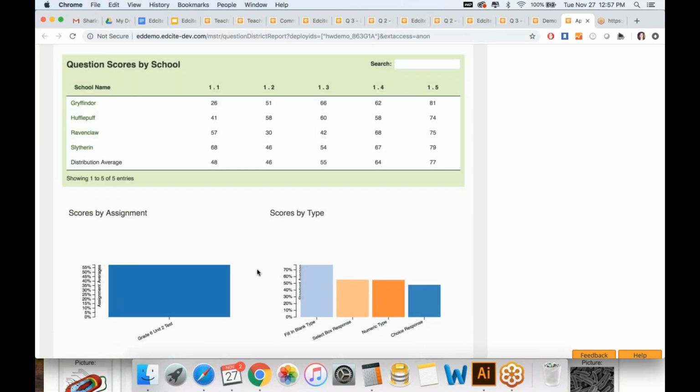And then down here, I'm getting data broken down by question type. And again, this goes to that idea of identifying any technology barriers. So although this demo is showing multiple choice is low, typically when we're working with teams, we're seeing that multiple choice is a really high proficiency. And when students are taking assessments, they're struggling more with some of these tech enhanced items, whether it be graphing, using those math keypads, or whether it's select text and drag and drop.